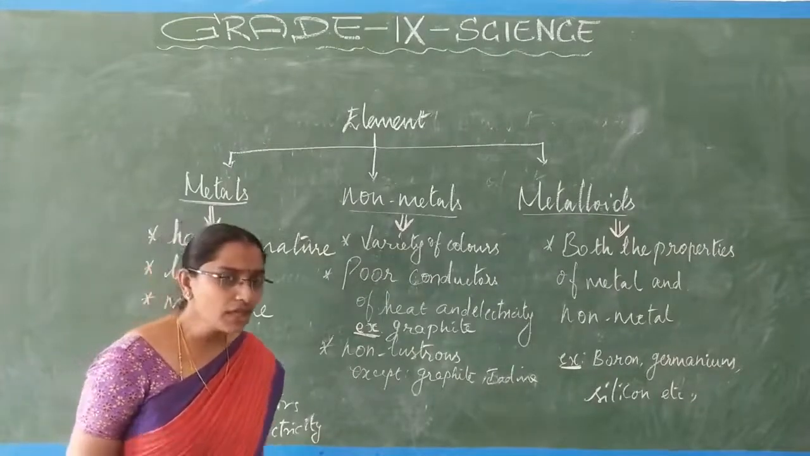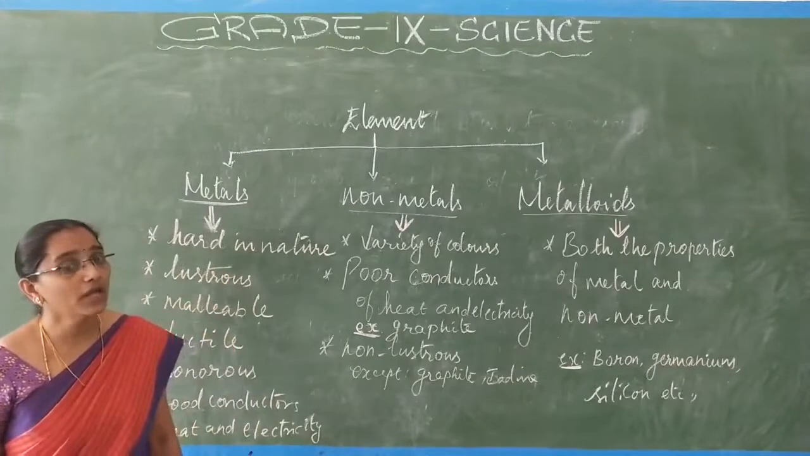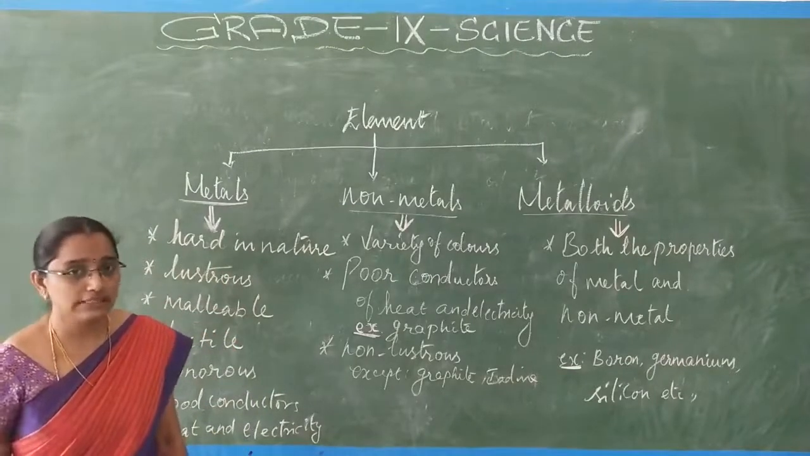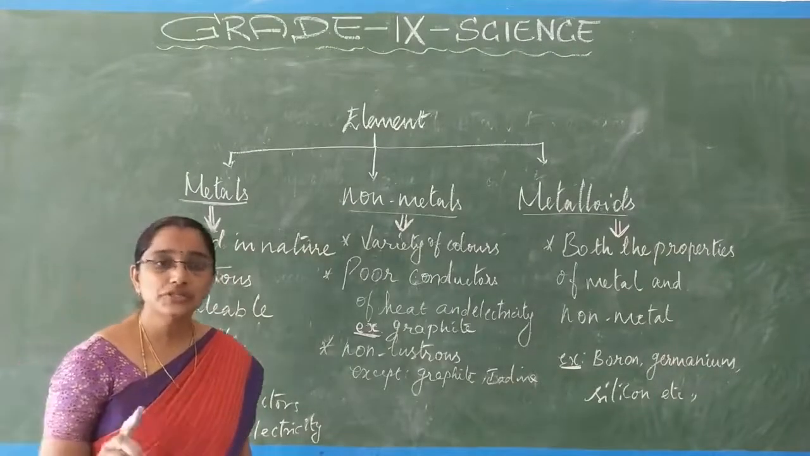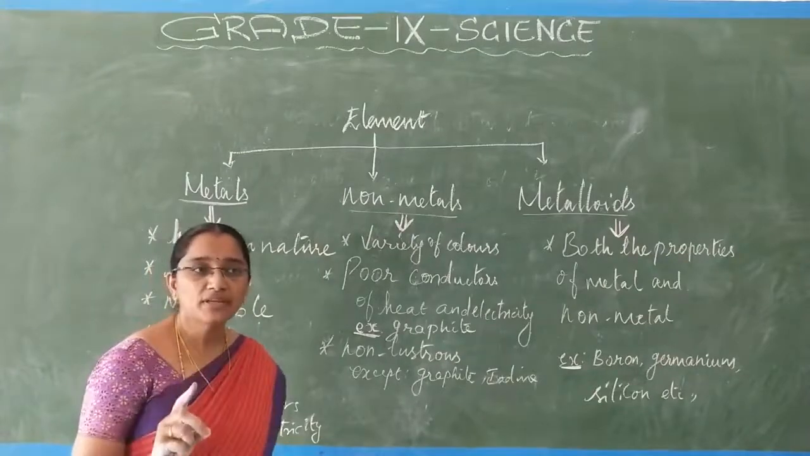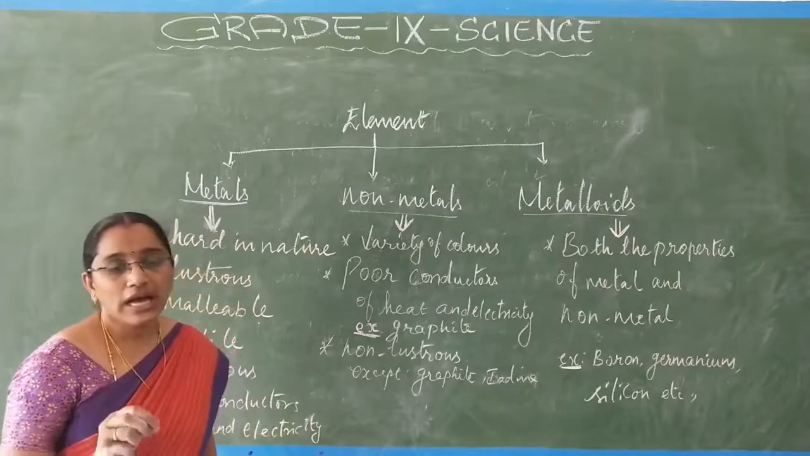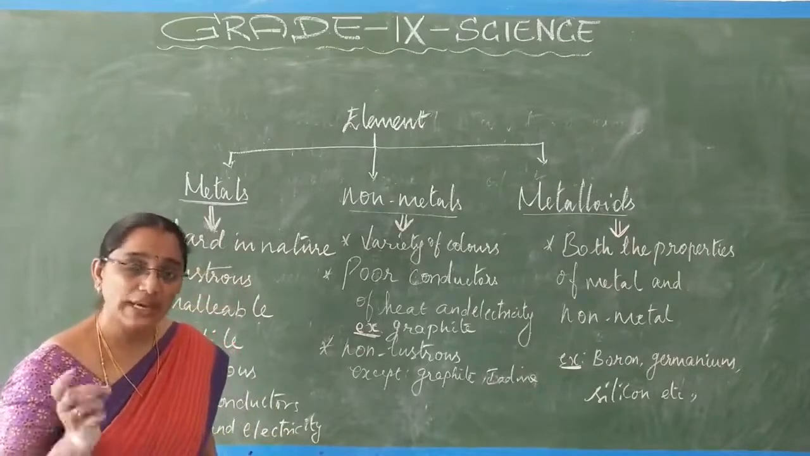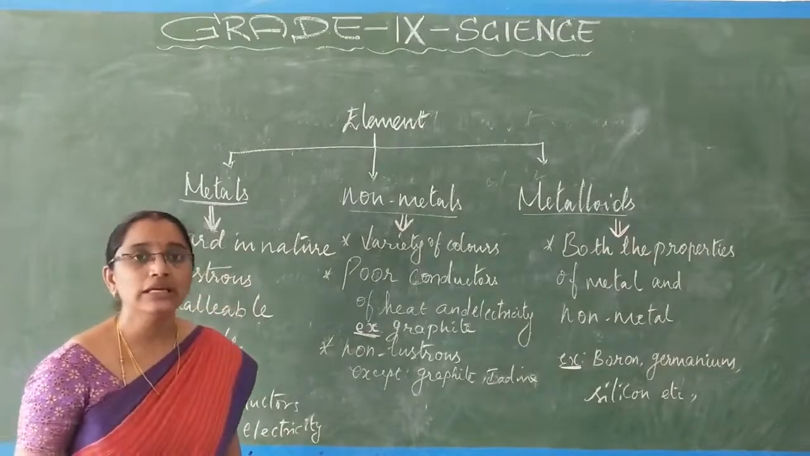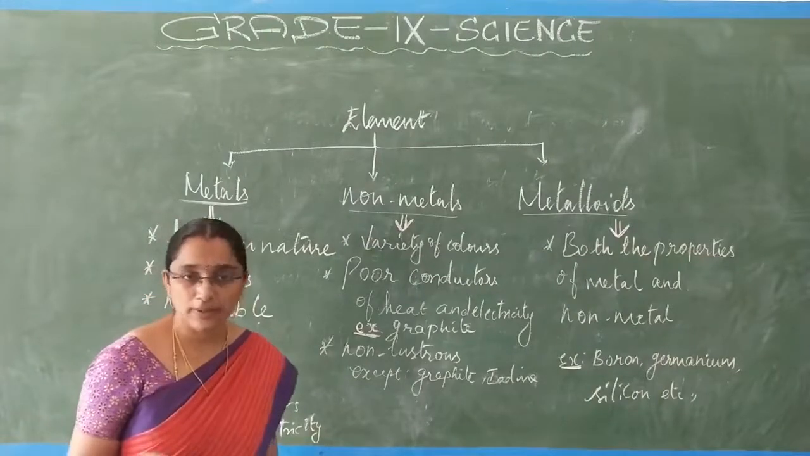Okay, and these non-metals are available in a variety of colors. And lustrous non-metals are graphite and iodine. These graphite and iodine are somewhat lustrous in nature when compared to other non-metals among the elements in the periodic table. Okay,